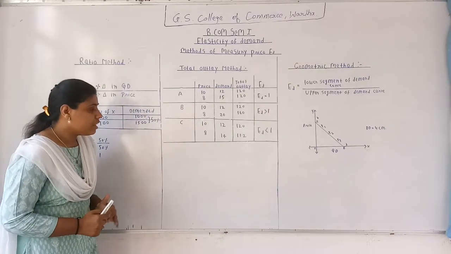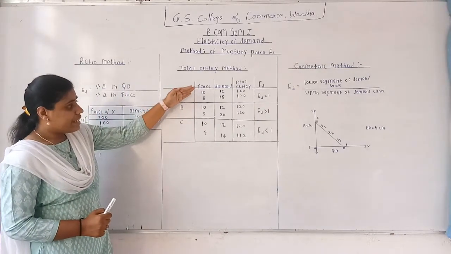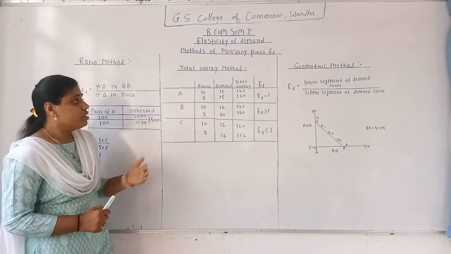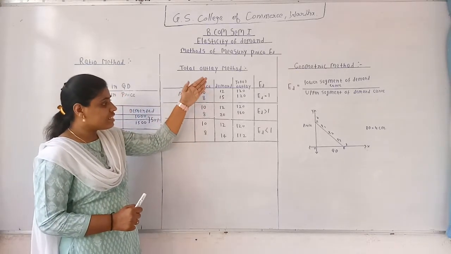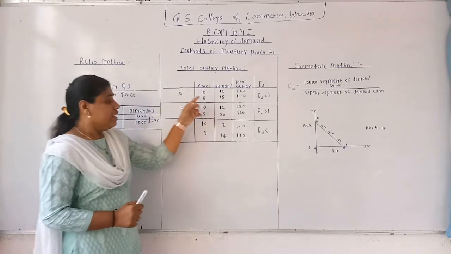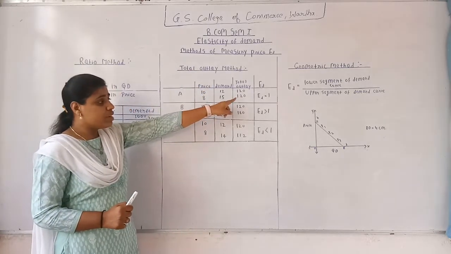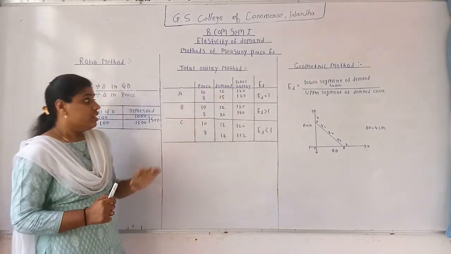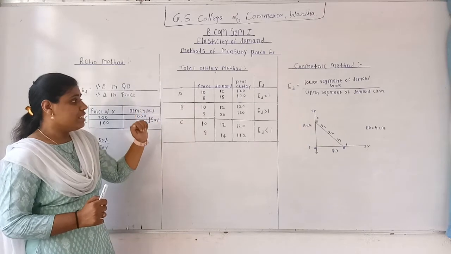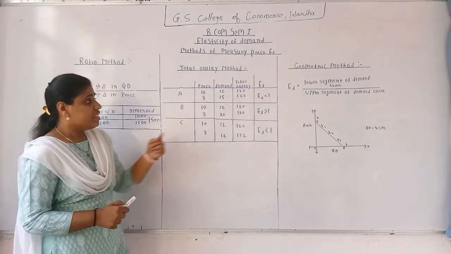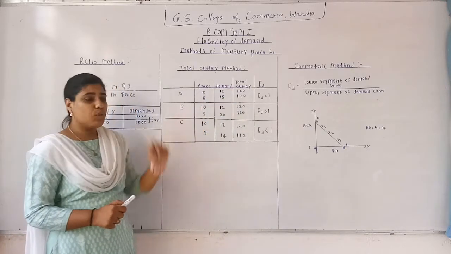Now the price is declining from 10 to 8 and at the same time the quantity demanded is increasing from 12 to 15 units. But still the expenditure being made by the consumer remains the same. Even though there is a change in price, after changing the price there is no change in the total outlay.